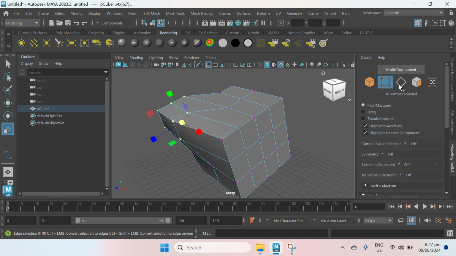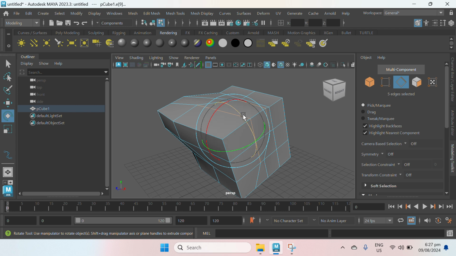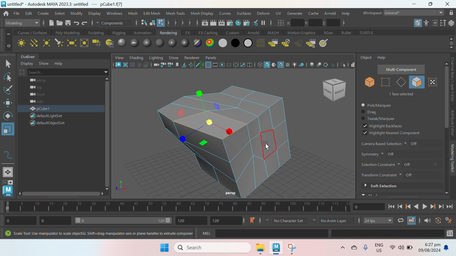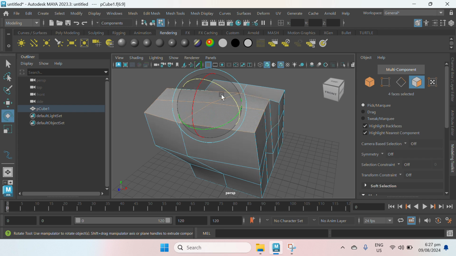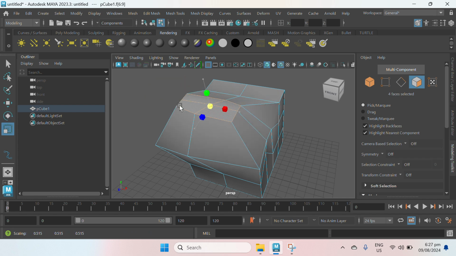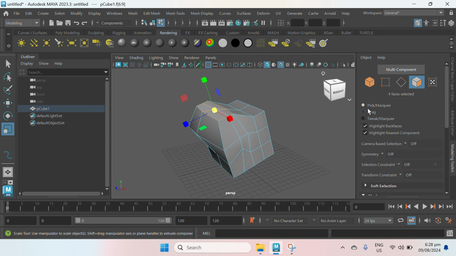And then here we have edge. Edges are the lines in our shape. You may select multiple edges and you can now move, rotate, and rescale. And then for the face mode, this is the actual surface of our object. You may select one or multiple faces by holding shift. Here we can now move, rotate, and rescale. Okay, and then go back to object mode.